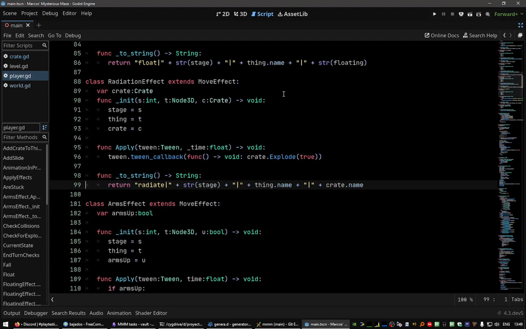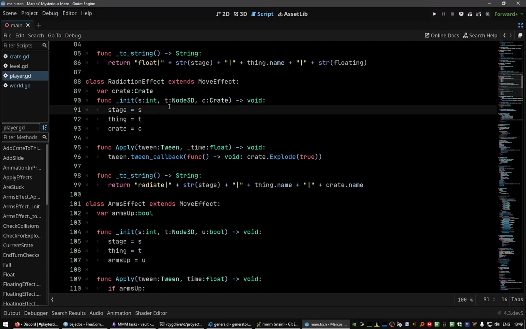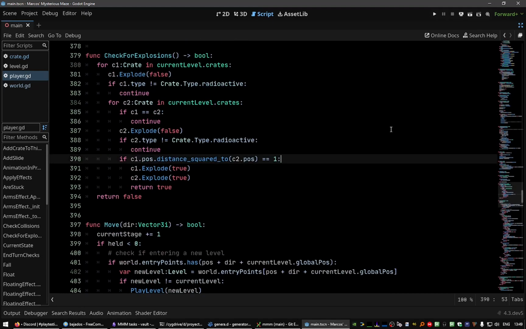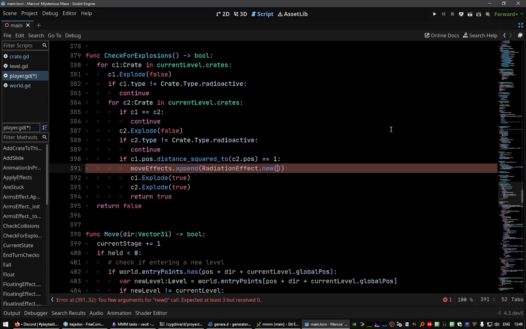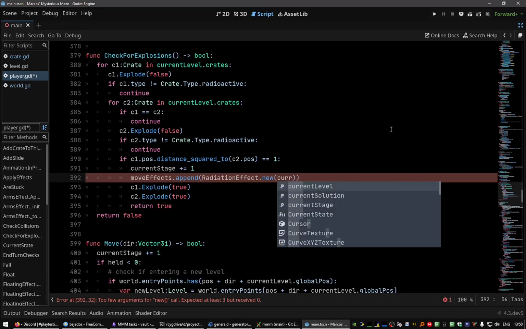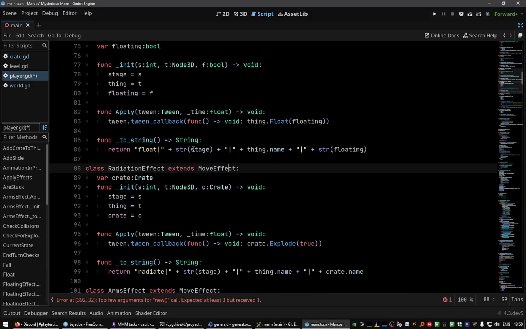And once we have this radiation effect, we can add it. Let's see. In this function, we can add. The order of execution should be after. Yeah, we should add one to the current stage. And let's see, the parameters